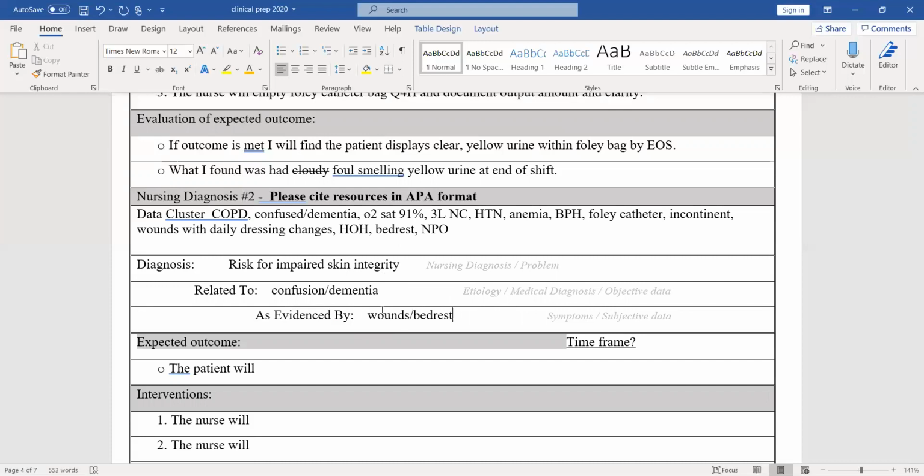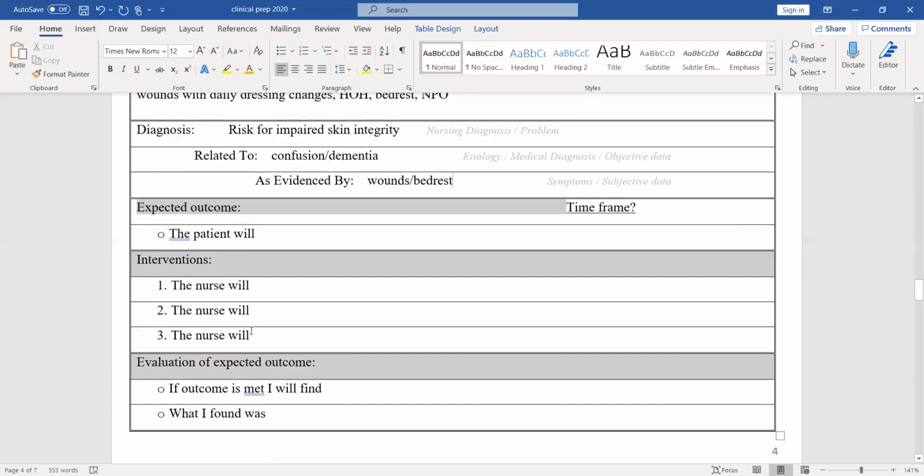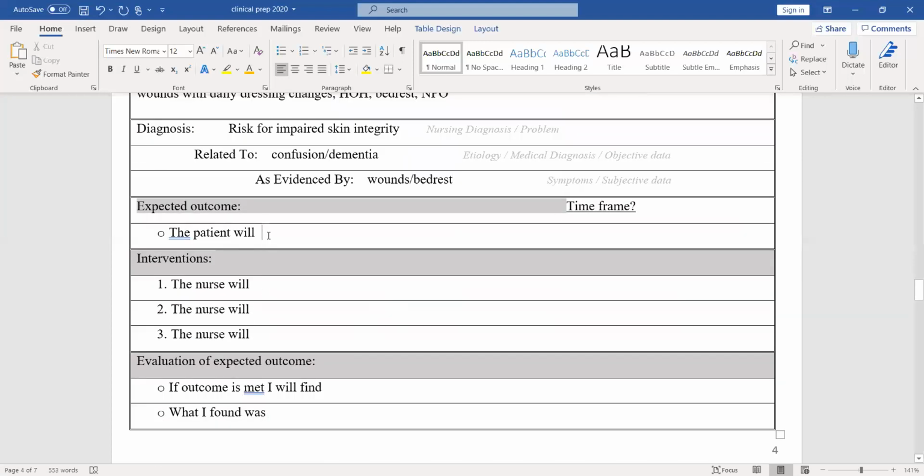Right, so we know that patients that are on bed rest are going to be at an increased risk of skin breakdown. I mean, there are so many you could choose here. You could choose that they're incontinent, that could cause them to have skin breakdown. You could write that they're NPO, that could be at risk for skin breakdown. And so the patient will, we're talking about wounds and they're on bed rest. The patient will